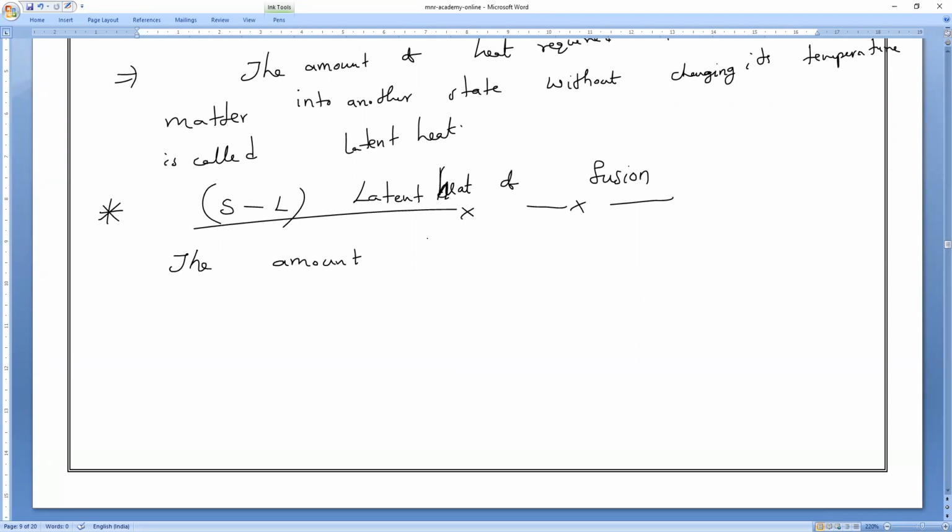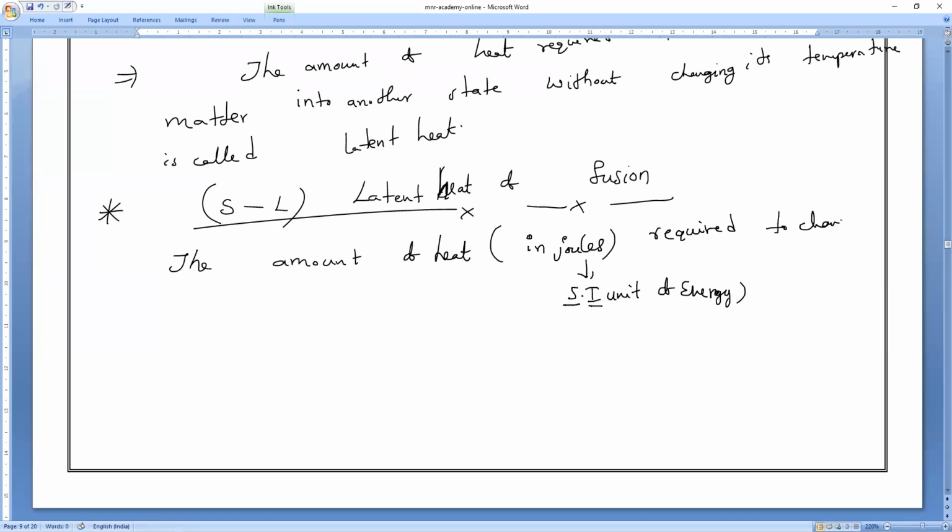The amount of heat. So we have to take in what? Everybody? Kishore, what is the unit of energy? The SI unit, the standard international unit of energy. What is that, everybody? Joules. Okay? Joules. The amount of heat required